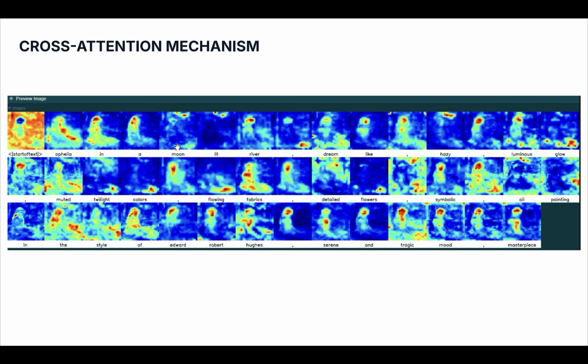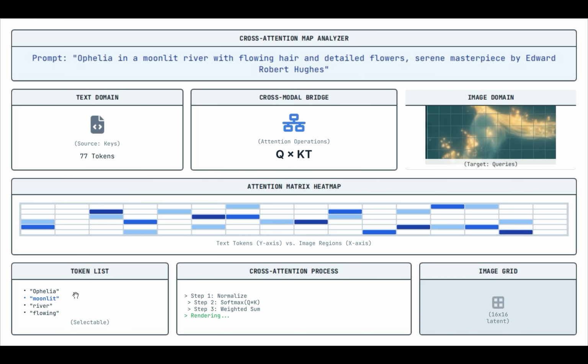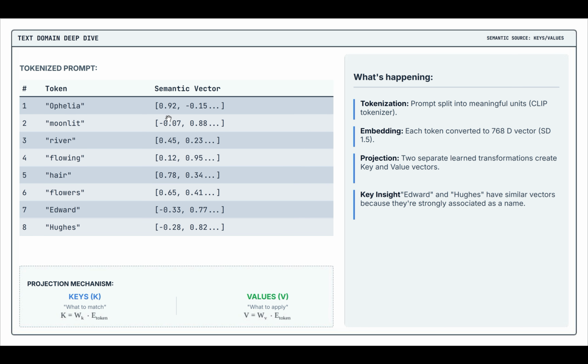The main mechanism is the cross attention mechanism. So we can visualize it in detailed steps, how the text embeddings focus on different locations of the canvas. It's the same as the token embeddings. And I have also explained the mathematical model of the attention mechanism. So if we check the token and the semantic vectors,